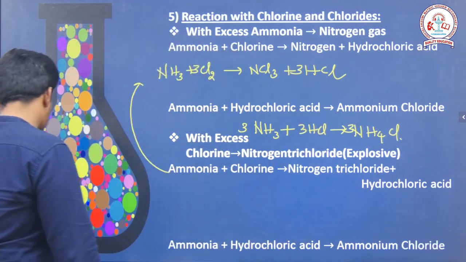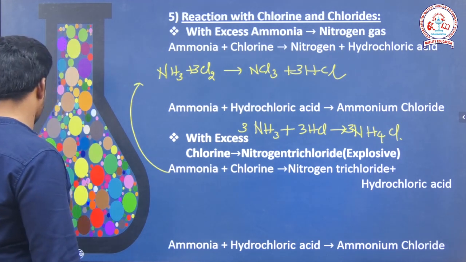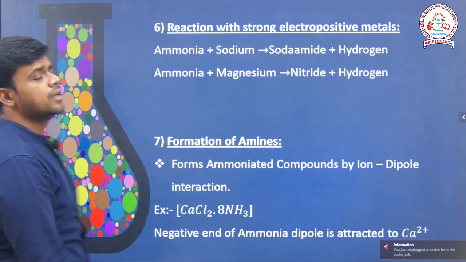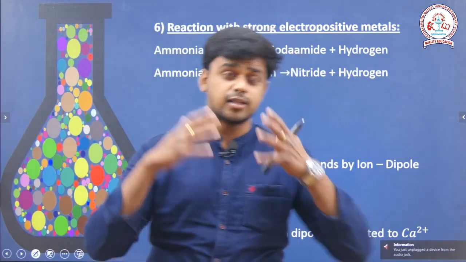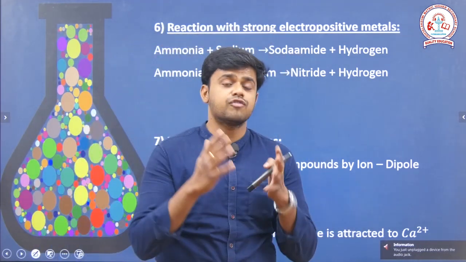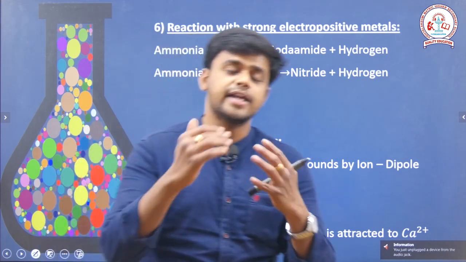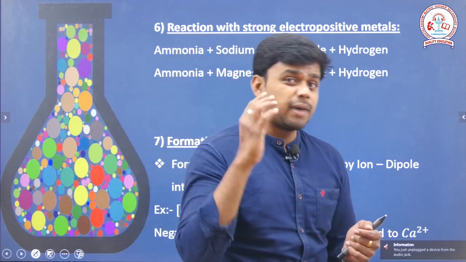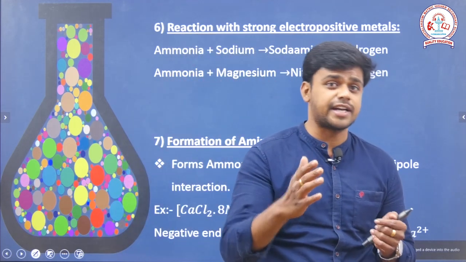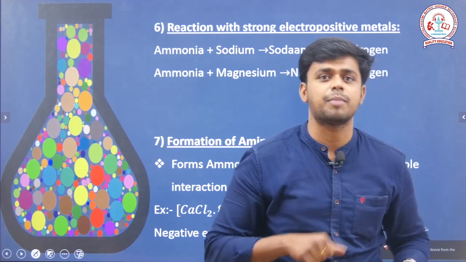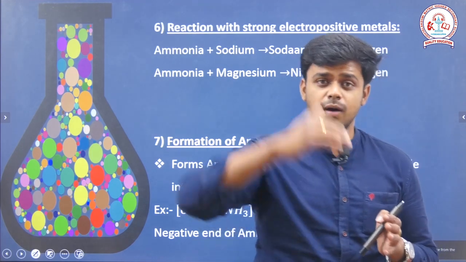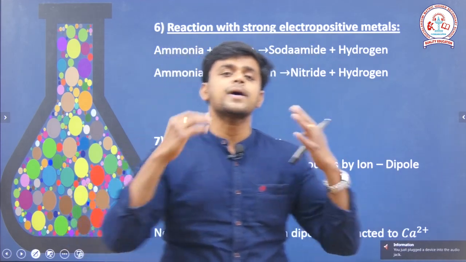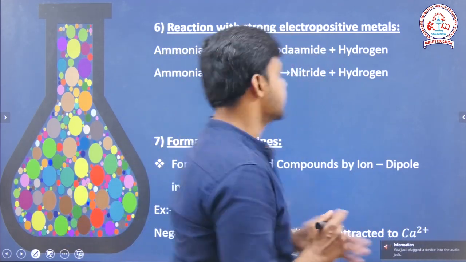Then next one, this ammonia is able to react with metals and form amide. Not only amide, it can also form nitride. Already பார்த்தோம், this ammonia can be prepared by the hydrolysis of magnesium nitride னு ஒன்னு பார்த்தோம். அதுக்கு அப்படியே ஆப்போசிட் ரியாக்ஷன் தான் இங்க நம்ம பார்ப்போம். அதே மாதிரி அமோனியா ஒரு எலக்ட்ரோபாசிட்டிவ் மெட்டல், சோடியமா இருக்கலாம், பொட்டாசியமா இருக்கலாம், எது வேணாலும் இருக்கலாம். அந்த எலக்ட்ரோபாசிட்டிவ் மெட்டல்ஸ் கூட ரியாக்ட் ஆகி it can form amide. See, ammonia